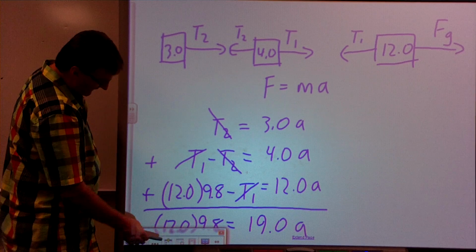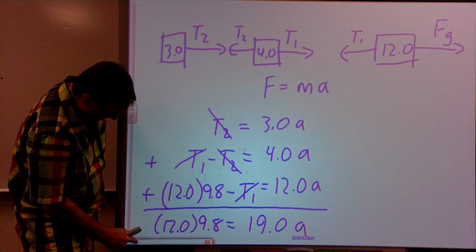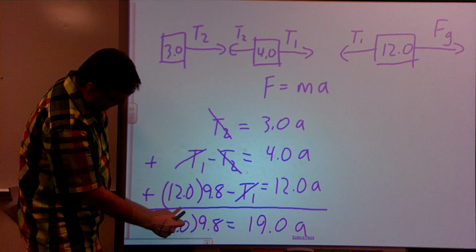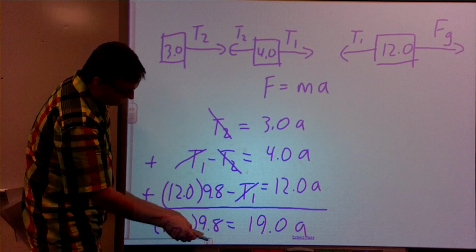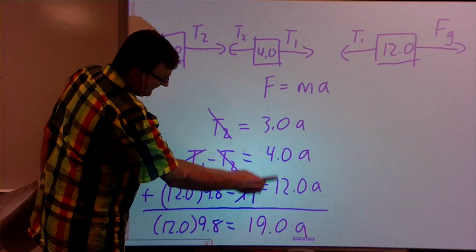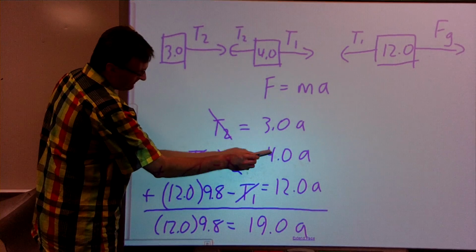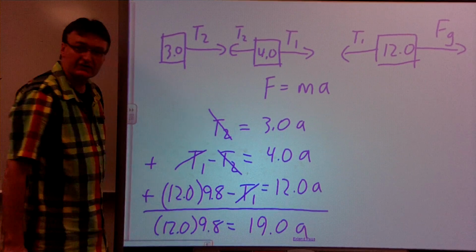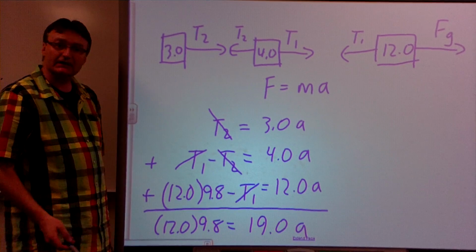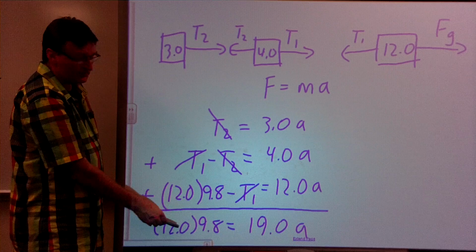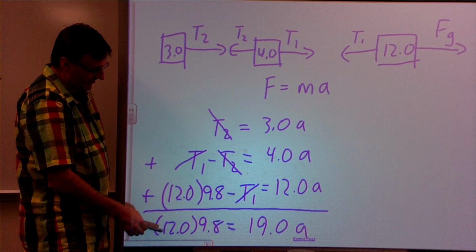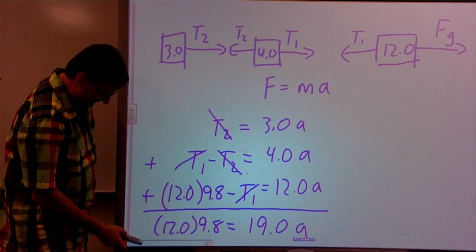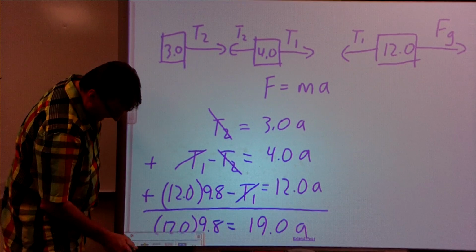So what you've got is simply 12.0 times 9.8 equals 19 times the acceleration of the system, and this number came from 3 plus 4 plus 12. This is a really neat trick: write the equations down, add them together, and then you can find the acceleration of the system, which in this case